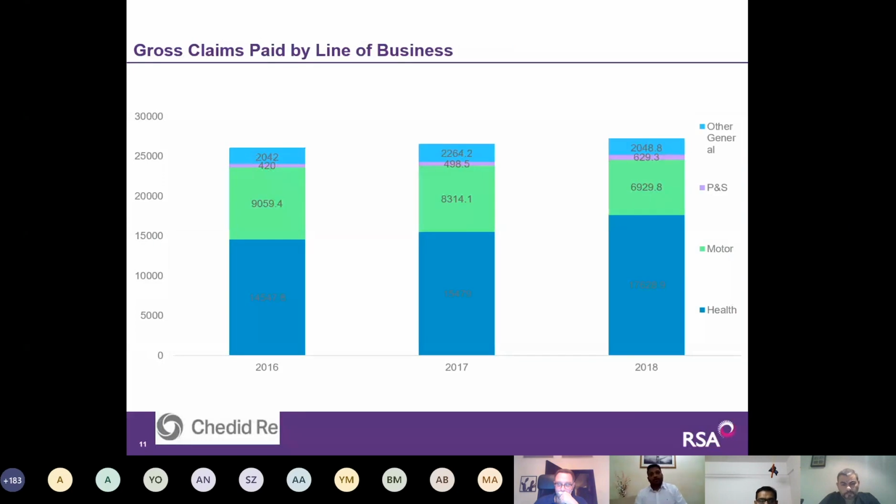So this slide will give you the detail of claims paid on a gross basis, that is how much claims were paid on a line basis. So as you can see in the chart, motor and health are the major contributors to the gross written premium in the market. You can see the biggest number of claims paid in a line of business is as well health,